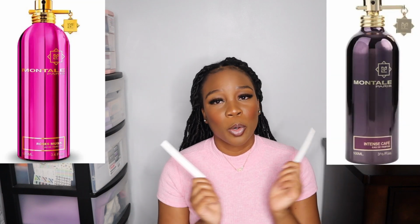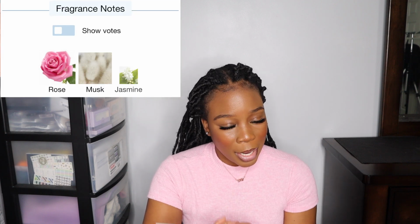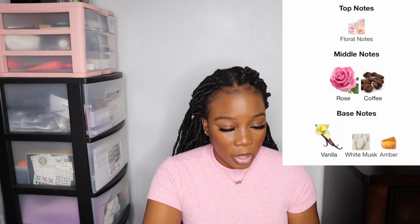Next up, we have Rose's Musk and we have Intense Cafe. And the only reason why I'm doing them together is because in my opinion, they smell exactly alike. But let me read the notes. The notes in Rose's Musk are rose, musk, jasmine, and the notes in Intense Cafe are floral notes, rose, coffee, vanilla, white musk, and amber. Now, I don't know what it is. They smell exactly alike. Now, Intense Cafe, I really had high hopes for this one because